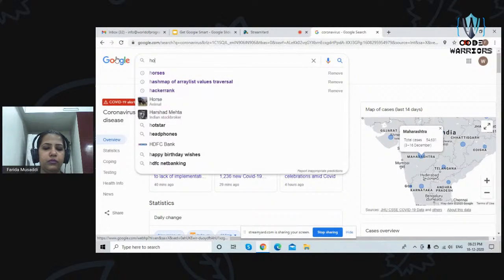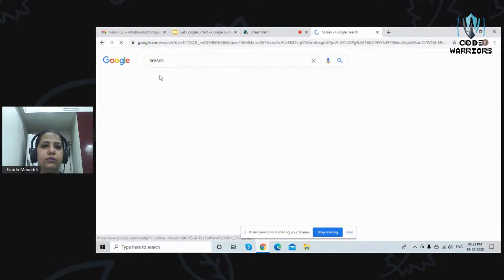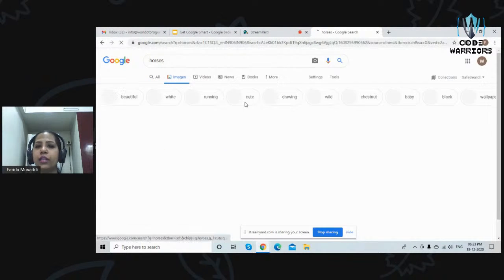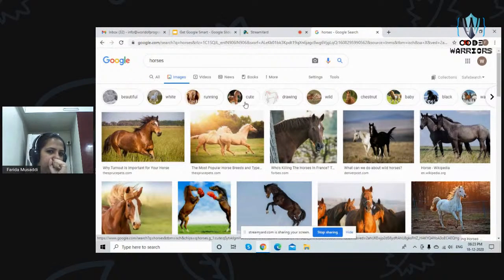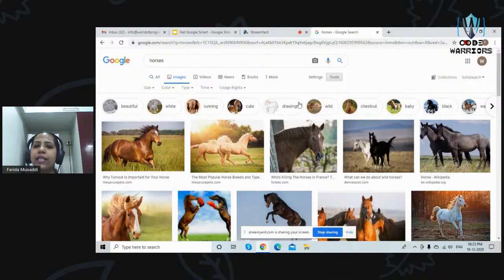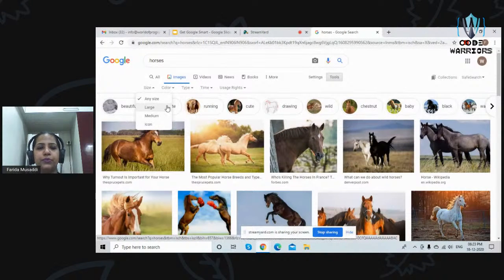Similarly, if I go to images, again, you will have tools over here. With images, the filters are more refined. You have any size of,